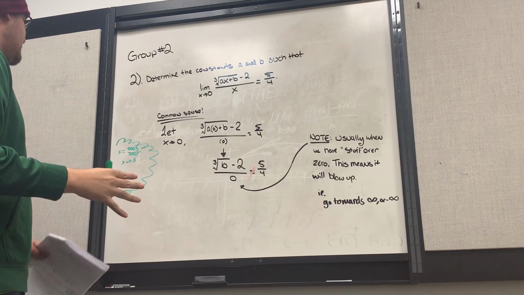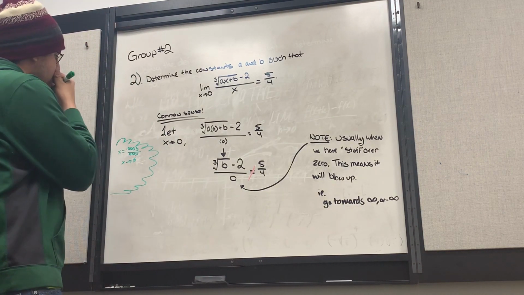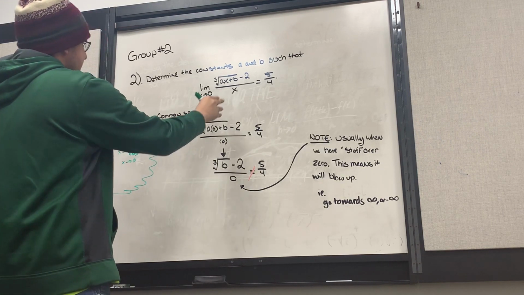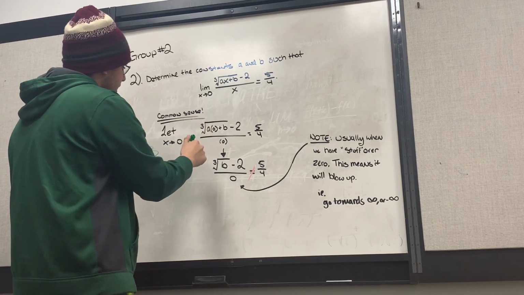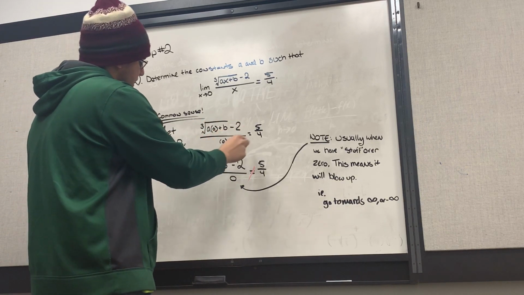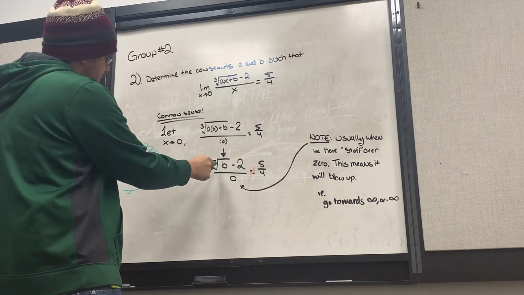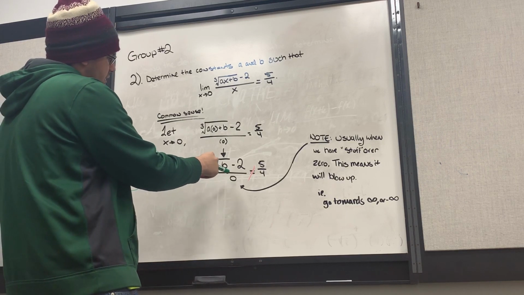use common sense. So we know that we're going to let x approach 0. By doing that, we're going to place 0 where x is. As we plug that in, we're going to try and simplify it a bit. And as we get here, we get the cube root of b, minus 2, divided by 0